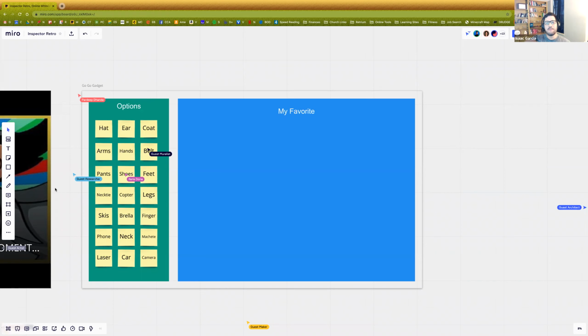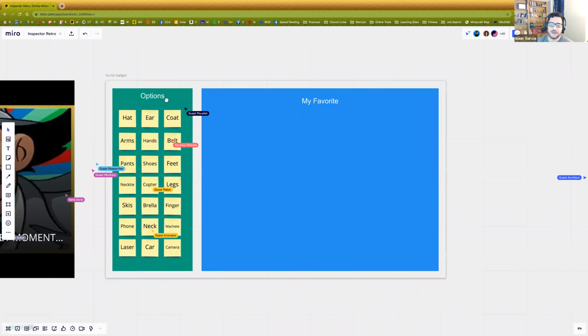These can't be moved, but I want to invite you to pick your favorite. Which one's your favorite? For whatever reason. You don't have to have a logical reason. I really liked that one. That was my favorite on the show. Put it over in the "my favorite" area, and we'll affinity map those as we go. If you have time, you can drop them over there. I was going to spend about 5 to 7 minutes on this, but I'm going to jump into my intro. This is something you can do while I jump into my intro.